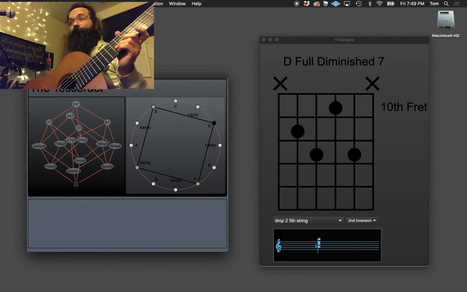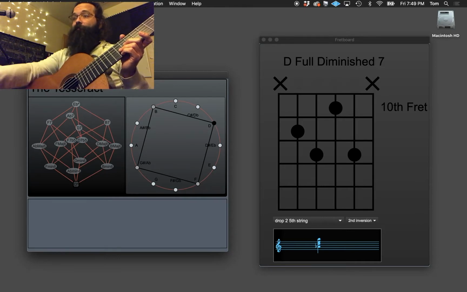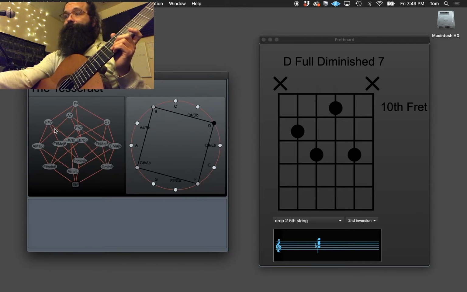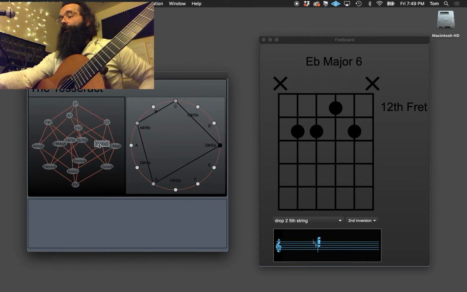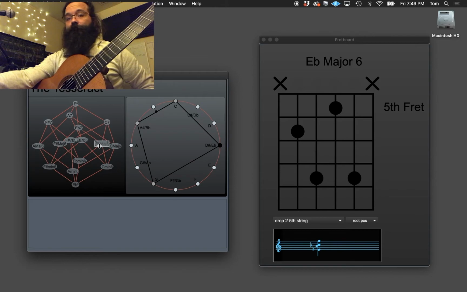So this is version 1.0.1, and we'll go over one little feature that's in there. But let's look at E flat major 6 first off. So I'm going to find it in the app. Here it is. And I can go up and down with right and left arrows. So I am limiting it to the current set of strings so that I can just practice strings 5 through